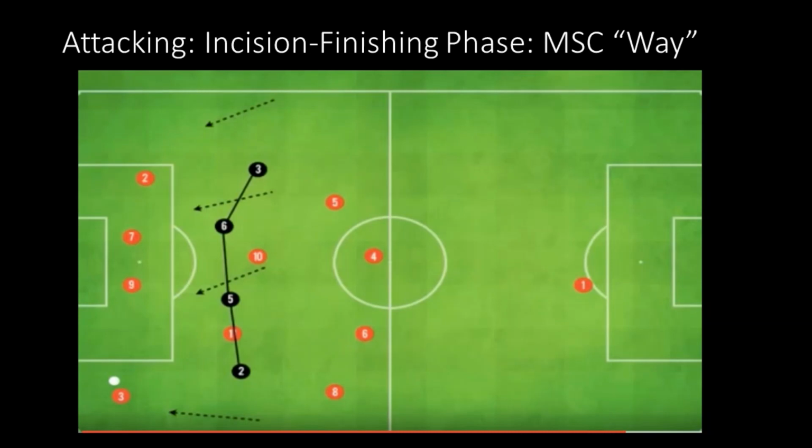So again, creating more opportunities for ourselves, but it all starts with attacking in possession and getting the ball into that incision phase. So players have to find ways, right, that we train in order to break these lines, create scoring opportunities, and then again, hopefully score goals. So again, outside back play, breaking lines on the pass, service, runners, scoring goals that way, something we do very well here at MSC.